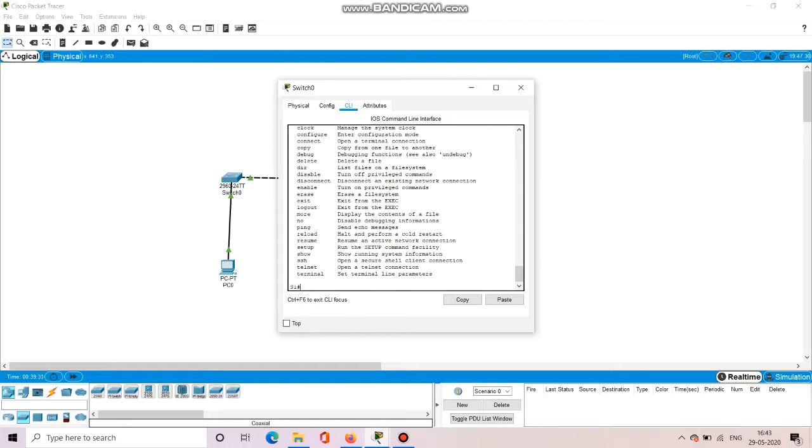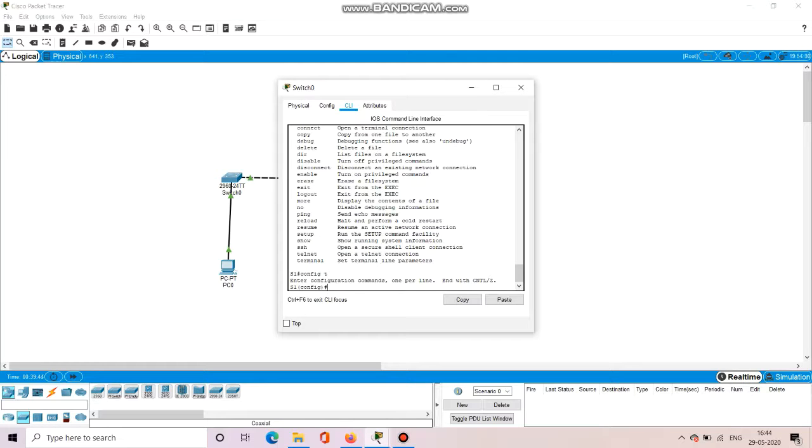Now let's verify whether the console access is secured or not. For that, just go to the global configuration mode and write exit. Now it will require a password to switch from the global configuration mode to the user mode. Okay.